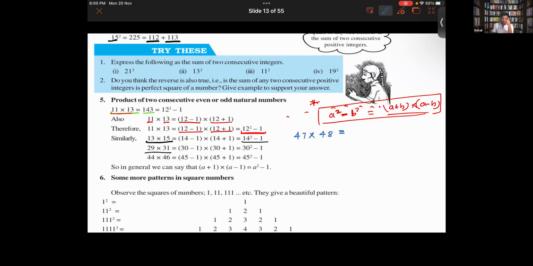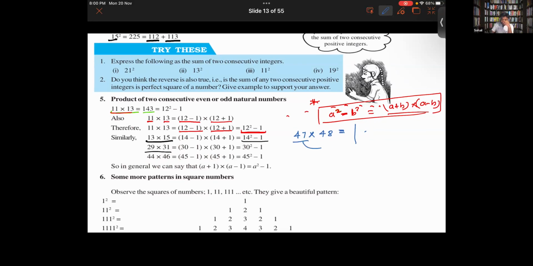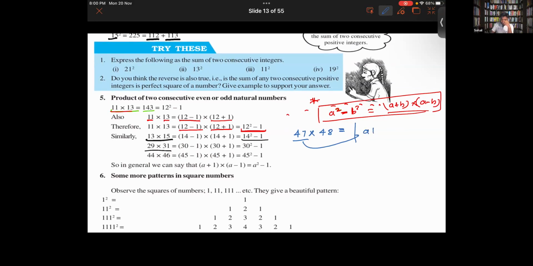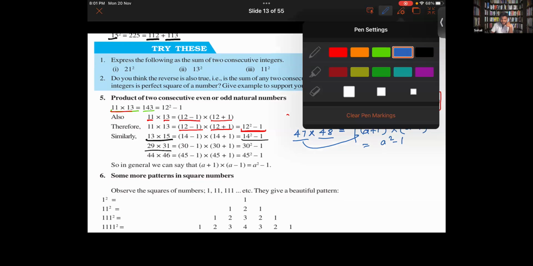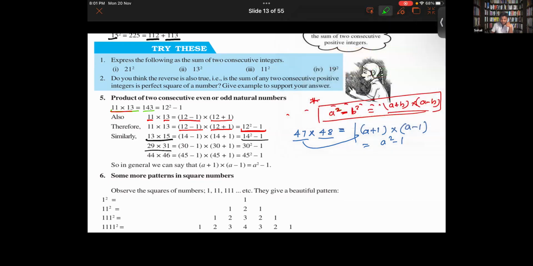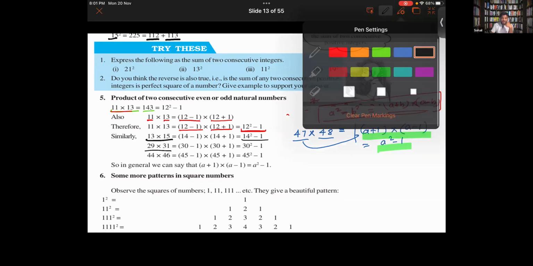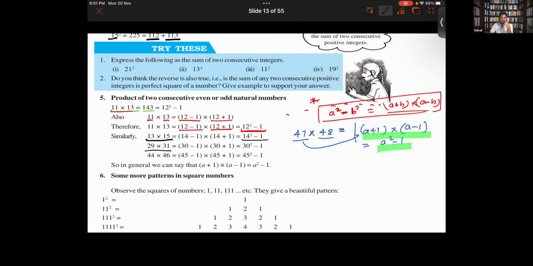So the general form here is like this. हमने क्या किया basically? I am representing the first number, for example, 47 को मैं represent करना चाहूँगा a plus 1 के form में, right? And then the second number I will be trying to write in the form of a minus 1. Thereby I will be getting a square minus 1. So this is the general form that I will be observing when I multiply two consecutive even or odd numbers,